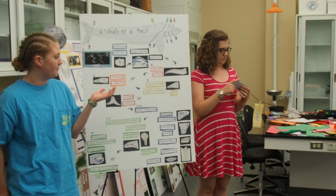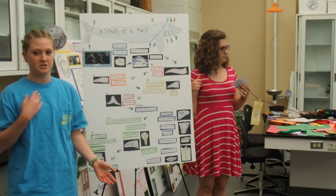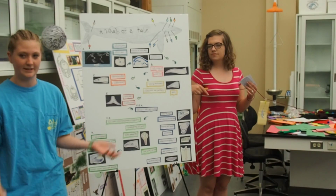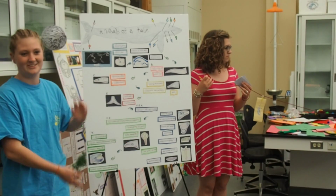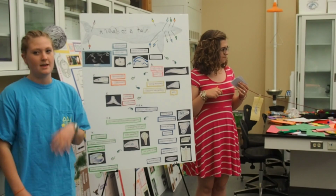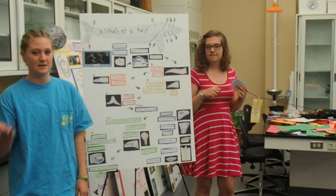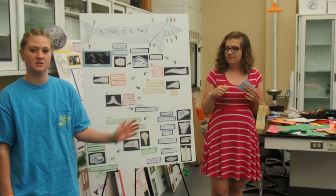So the Pakicetus is the next one, and that is the first introduction of the robust tail. So they're getting tails like kangaroos. You know how kangaroos can stand on their tails? They need strong tails with less tail bones because bones are heavy, muscle's heavy too, but muscle can be used to move yourself. So that's why they need a robust tail to deal with the currents and the changing tides